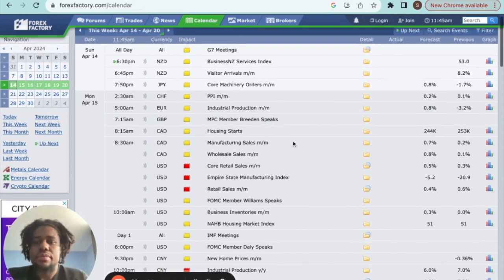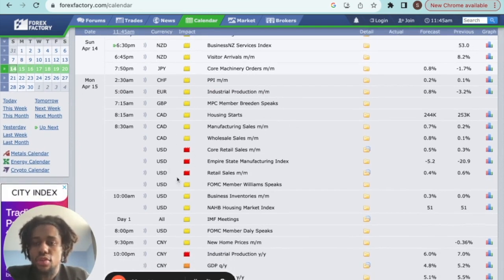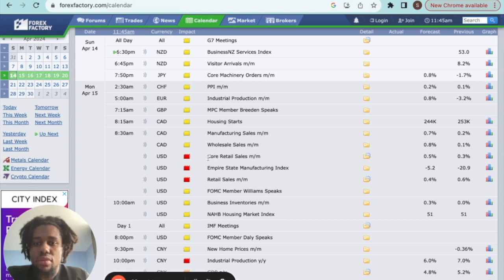Right, there we go. So for the US dollar, we have news at New York Open. Very, very standard stuff. Not anything crazy that we need to worry about, but they are high impact news and they're all releasing at